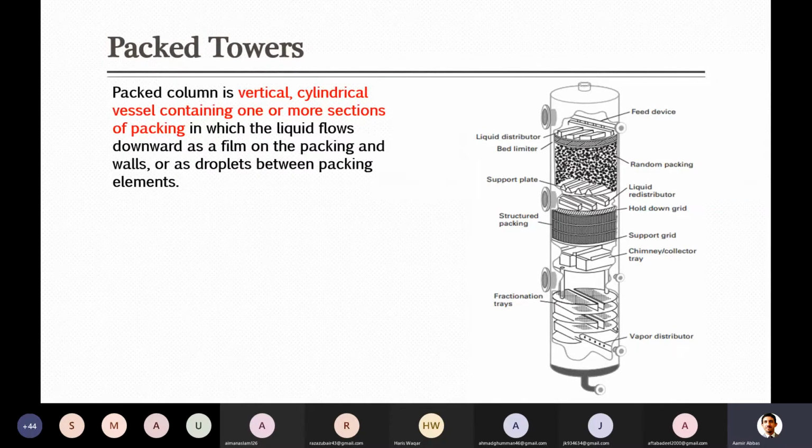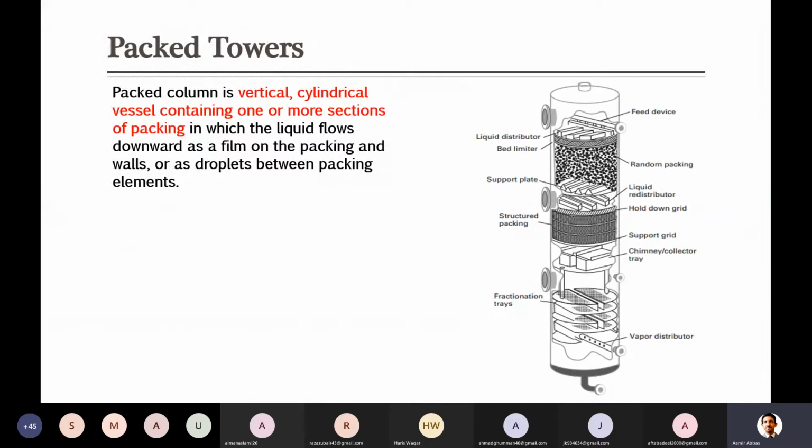In these kinds of columns, liquid always starts from the top. As you know from the general diagram, in absorption columns liquid enters from the top and vapor, or gas, enters from the bottom. The liquid which enters from the top will flow down in the form of a film, because here there are no trays, so there is no stagnation of liquid. Liquid doesn't stay as it does in the case of trays. Here on the packing, liquid continuously flows down across the surface of packing.